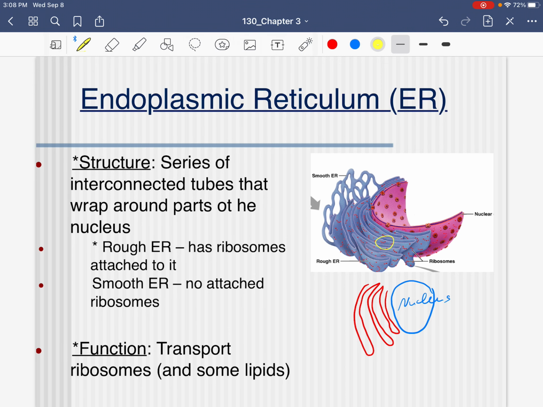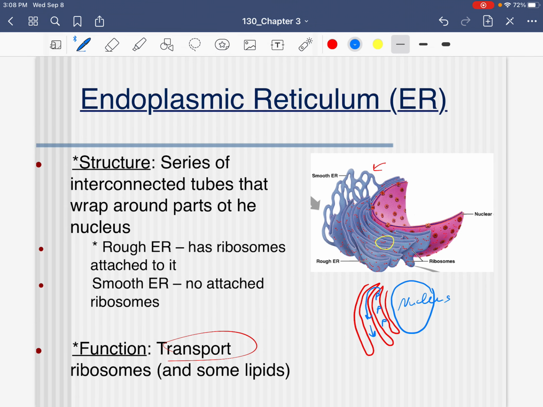There can be rough ER, which has the ribosomes. And then there can be smooth ER, which doesn't have attached ribosomes. And the smooth ER kind of looks more like coral reef. The function of these interconnected tubes: transport. It's all about transport. What we're going to find out shortly is that as those ribosomes make protein,